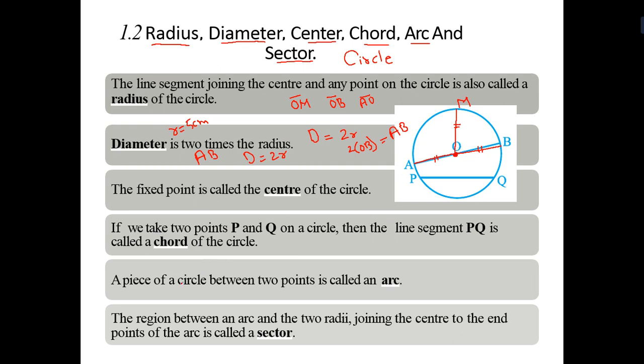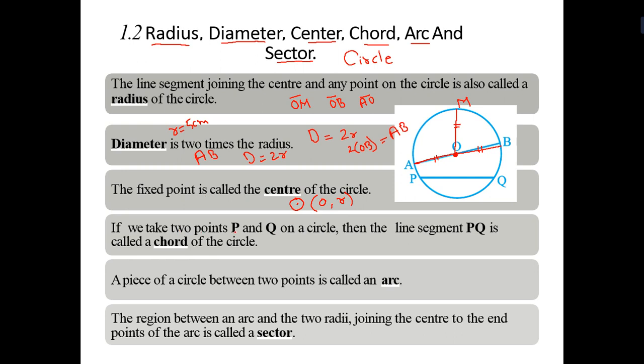So one type of question, name, that is, we can ask a question like: the longest chord that passes through the center is called diameter. Now third, here it is O. A fixed point is called the center of a circle. So here we can show the symbol, a circle with a fixed point, that is, here we can say R. A fixed point is called the center of a circle.